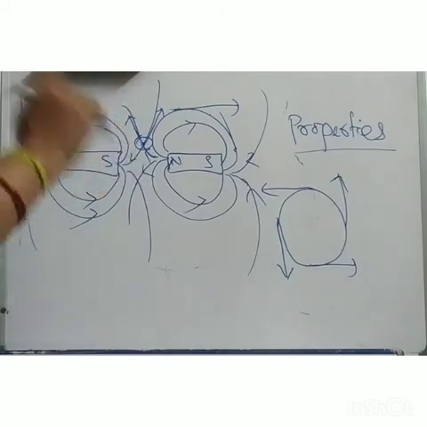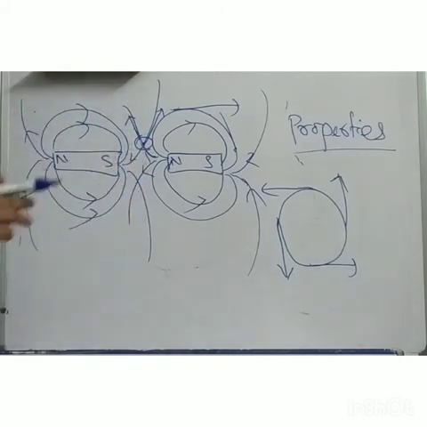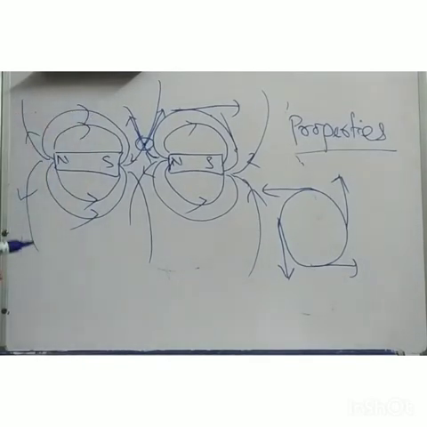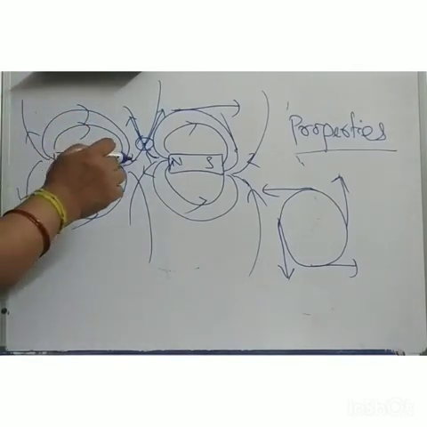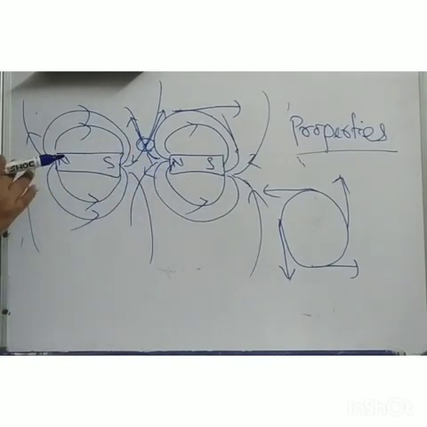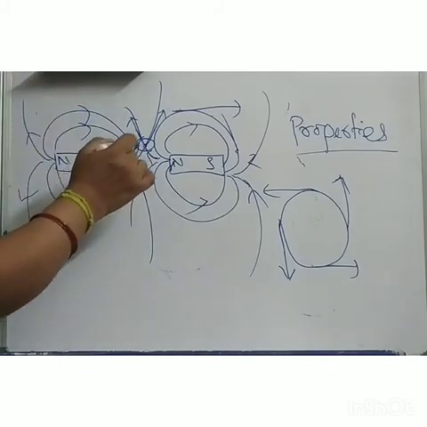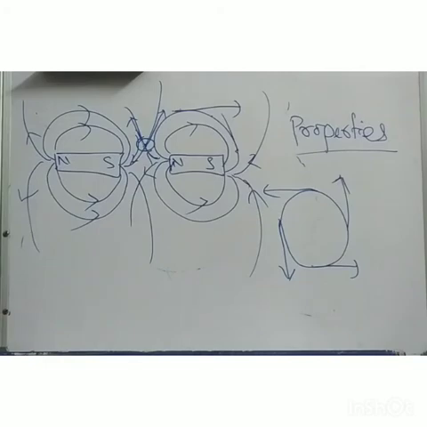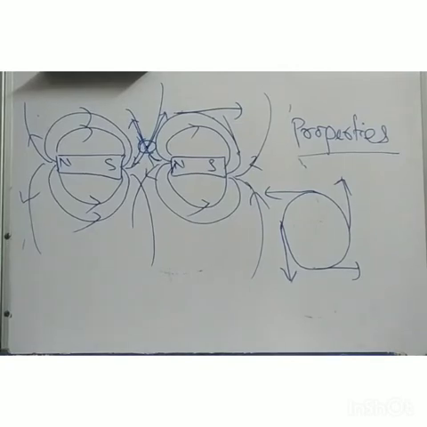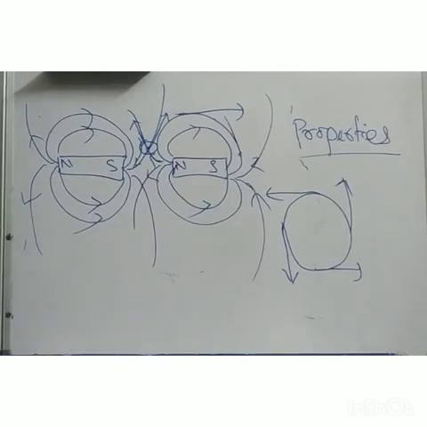And another very important one: these two lines will never intersect. Magnetic field lines will never intersect. Then what will happen over here? Actually, they will change their way. If you take this magnet closer or away from this, these magnetic field lines will change their way. How they are going to change their way, you will see in class 12. In electrostatics there is similar behavior, and in magnetism you are going to study the same things. Hope I am clear with this point now.